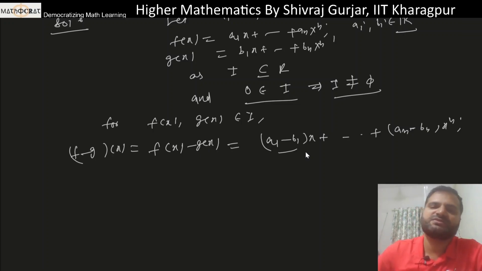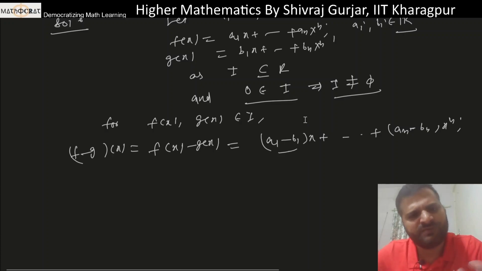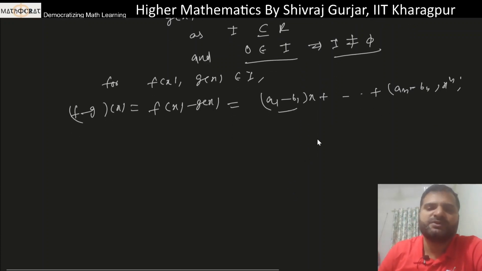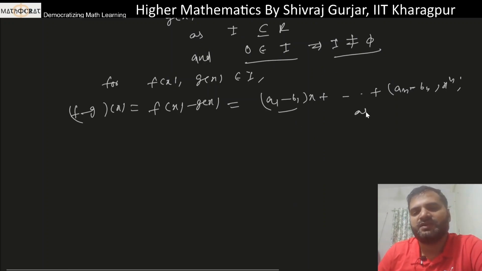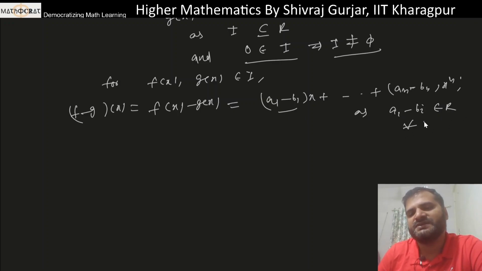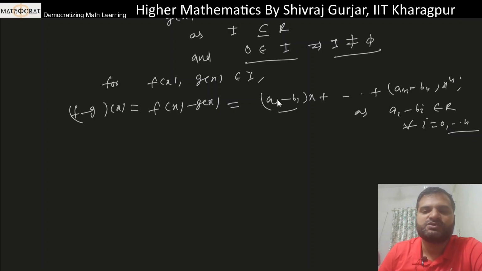Okay, multiplication will also be abelian in fact, but here we need only the addition part. So अब देखो, because ai minus bi belongs to R for each i from 0 से जो भी n तक, ठीक है, so this will be in fact ठीक है,